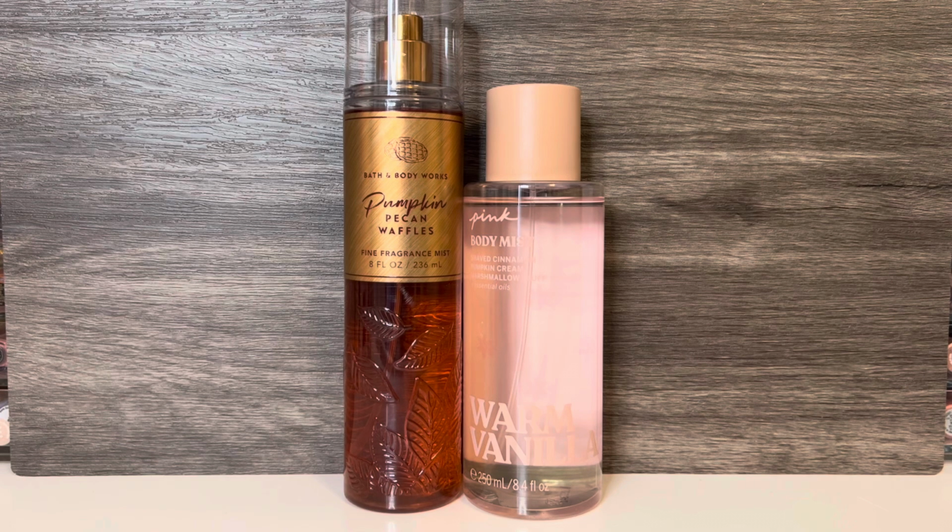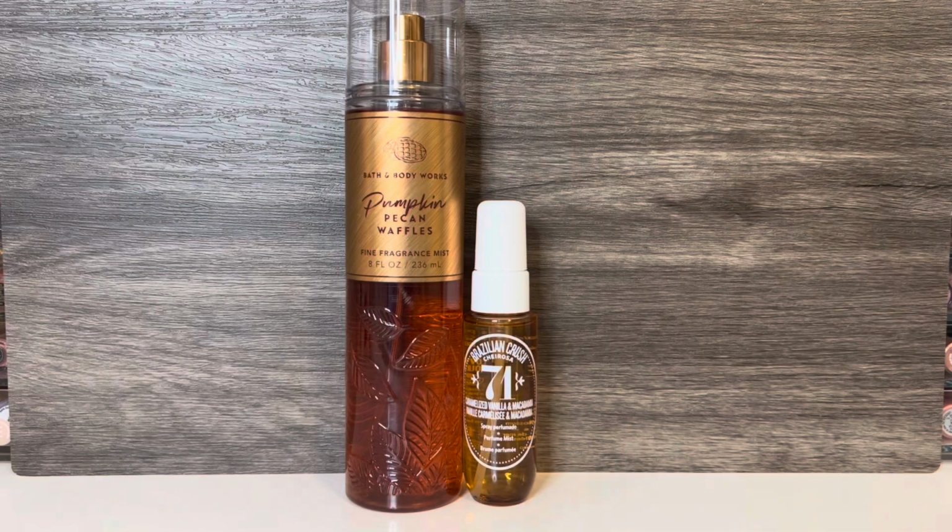It has spicy cinnamon and creamy pumpkin, with just a hint of the marshmallow. These share the spicy pumpkin quality, but Warm Vanilla is spicier and creamier, while Pumpkin Pecan Waffles is more syrupy sweet. And then I have Cheirosa 71 from Sol de Janeiro, with notes of caramel, macadamia, white chocolate, vanilla, sea